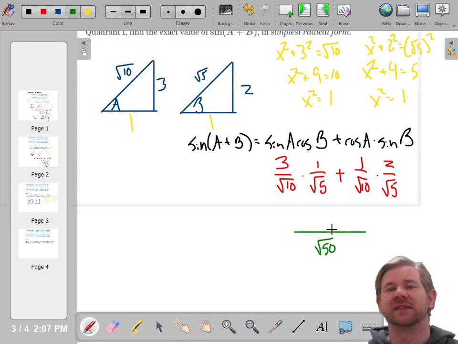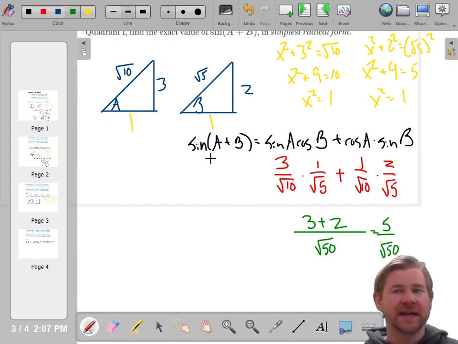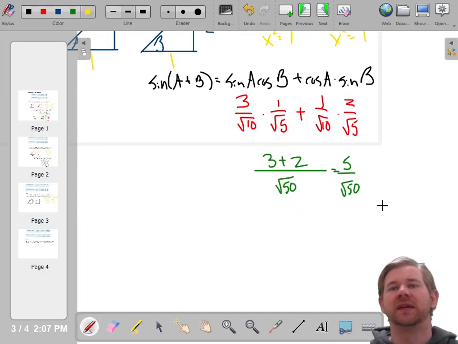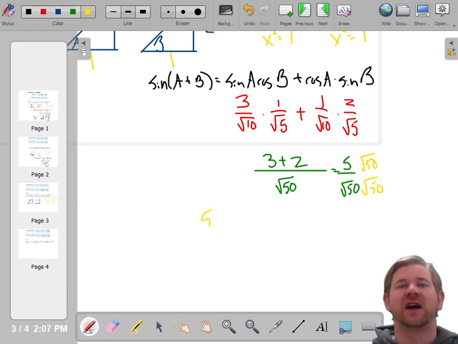Now, that's going to have to get simplified, but I'm going to come back to that. In the top, I have 3 plus 2, which is 5 over radical 50. Now, 5 over radical 50, I can do a couple things. First thing I can do is rationalize this by giving him a buddy. So it's 5 radical 50 over